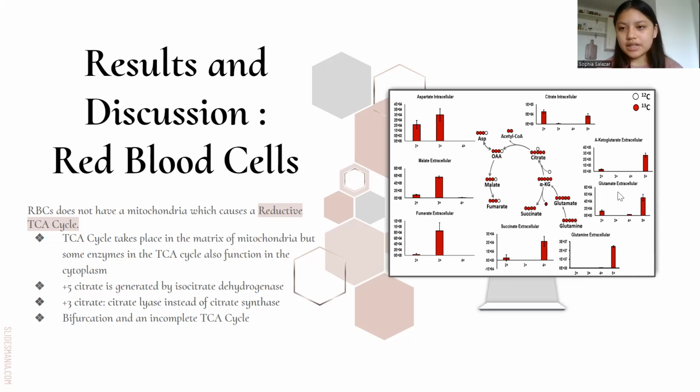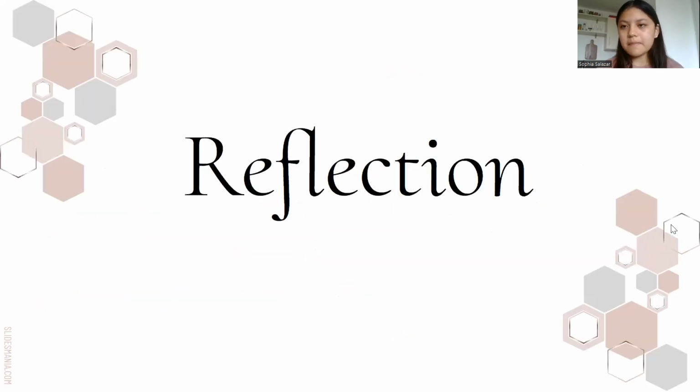And this is done because of the entry point of alpha ketoglutarate. So it's either the +5 glutarate at alpha ketoglutarate adds a carbon dioxide to make the +5 citrate, which continues the reductive TCA cycle, or losing a carbon dioxide molecule to make +4 succinate, and that would continue the oxidative TCA cycle. So since I've talked about my research, I now want to reflect on my experience in the research